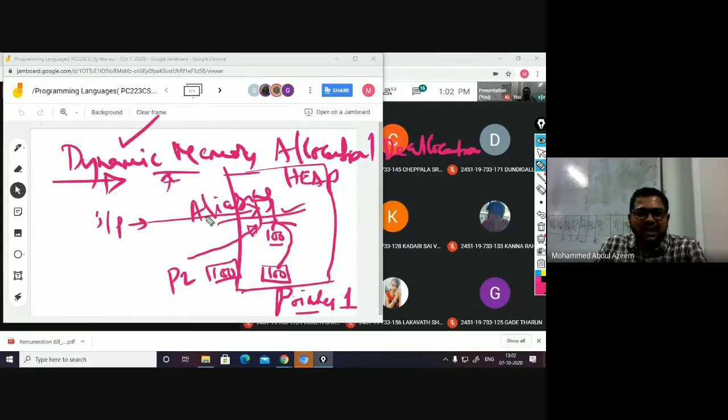This kind of concept is said to be aliasing, because you have more than one name or one way of accessing this particular memory. Then what happens after this, when pointer 1 has owned this memory by knowing the address? He must be thinking that he is the owner of this particular memory, right?